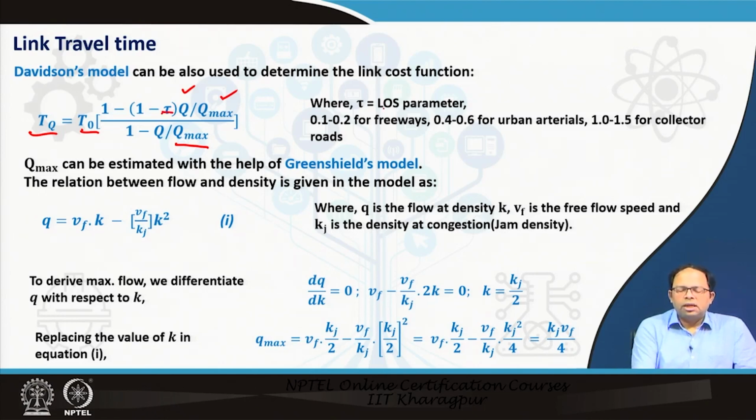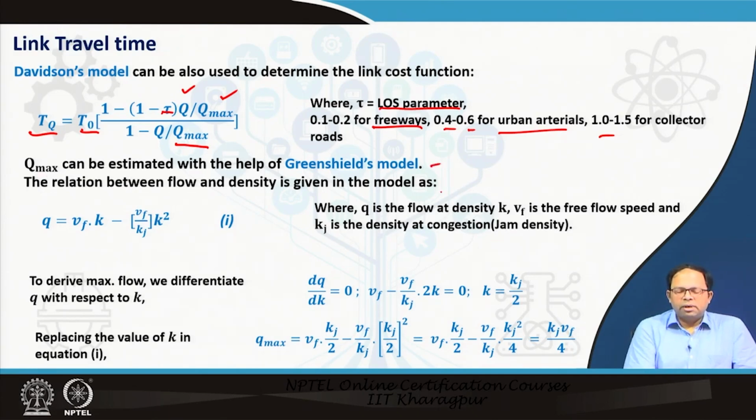So tau is basically called the LOS parameter, and it takes the value of 0.1 to 0.2 for freeways, 0.4 to 0.6 for urban arterials, 1 to 1.5 for collector roads. So these are, again, empirically estimated values based on wherever this model was calibrated. So Qmax can be estimated with the help of another model, which is the Green-Shields model, and the relation between flow